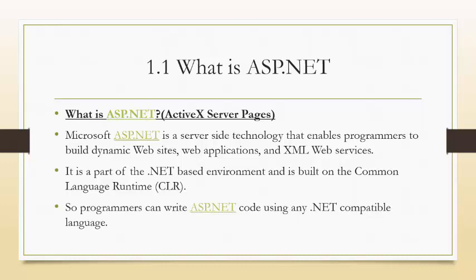So programmers can write ASP.NET code using .NET compatible languages. We know that there are two famous languages available for coding ASP.NET web pages. The first one is C#, the second one is VB.NET. In this particular semester, we learn the coding by using VB.NET. C# is more popular than VB.NET. We can say that almost all industry works in C#.NET. The C# code is similar to the C++ code that you learned in 3rd semester.